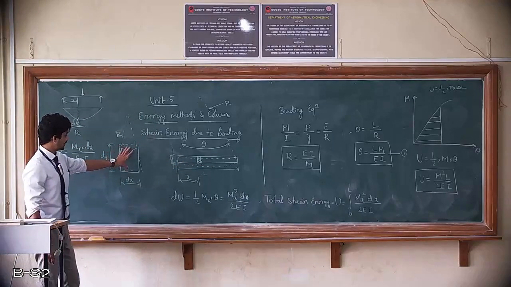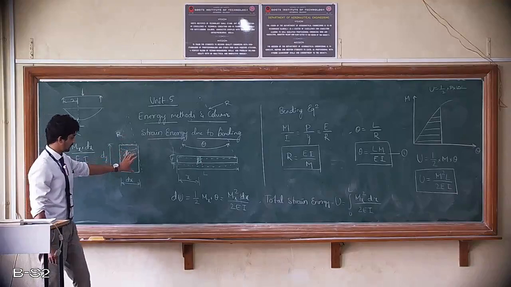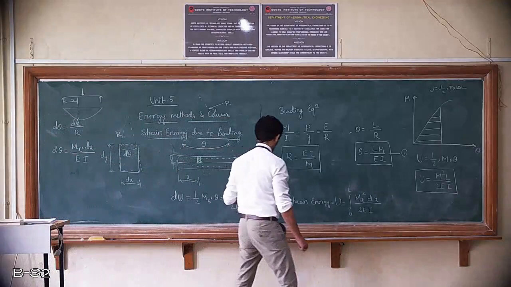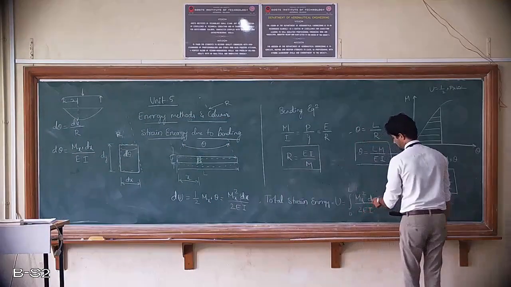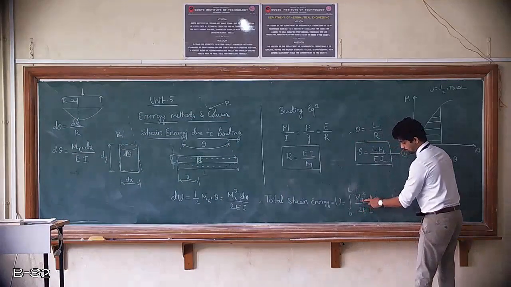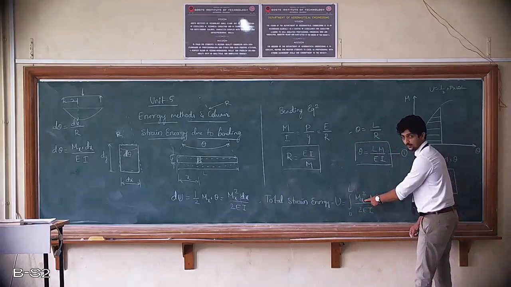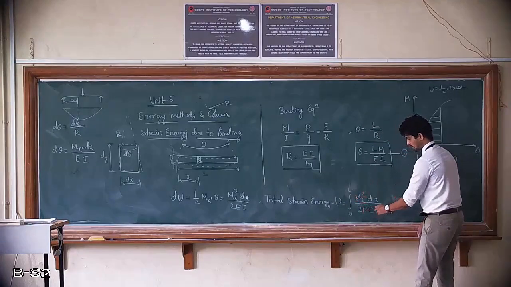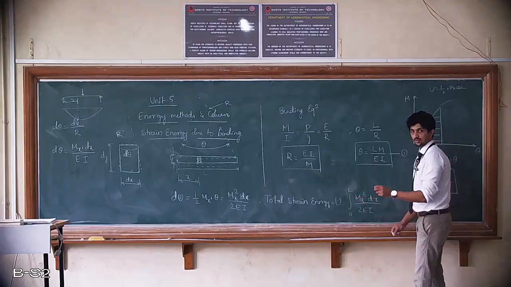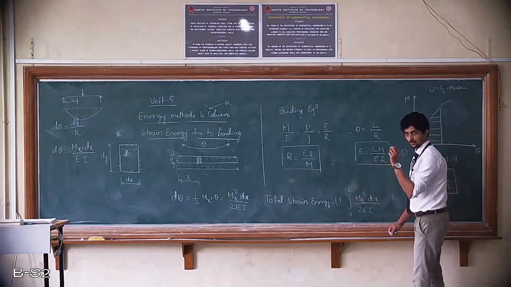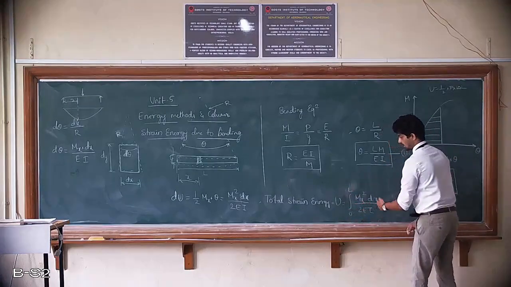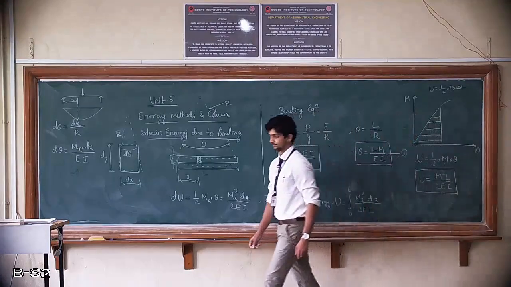By considering an element and its local bending moment, we deduce the local strain energy, and this equation for a given length, where the moment is a function of the distance from one of its support ends. So that is going to be the moment at that particular location, and this is going to be the length of that particular element, to define strain energy. So this is the total strain energy for a given structure.